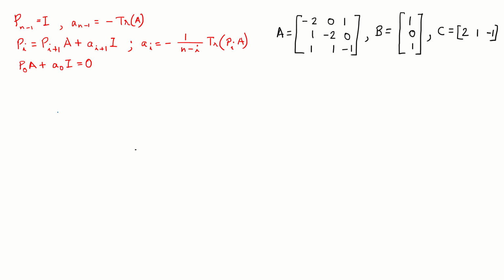So first thing to note is that we have n equals to 3 here. If we have n equals to 3, what do we start from? We start from Pn minus 1, which is P2. So P2 we will assign as I. I is of the order 2, so I am not writing the 2. I is basically a second order identity matrix. P2 is I. Then what is A2? Next we have to find out A2.